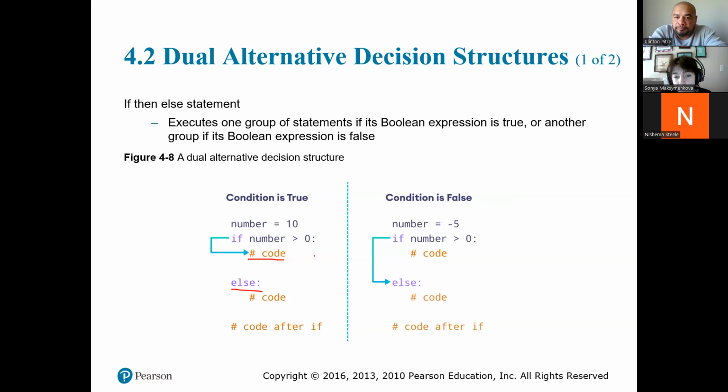So we found that our condition is true, we execute this part of code, we don't care about this one. However, if our condition is false and we have our dual alternative decision structure as right here, you can see our number is -5 and we're trying to see if our number is greater than 0, which it is not. So this condition is false and this part of code gets skipped. But since we have our else, we go straight to the else and then execute whatever code is inside of